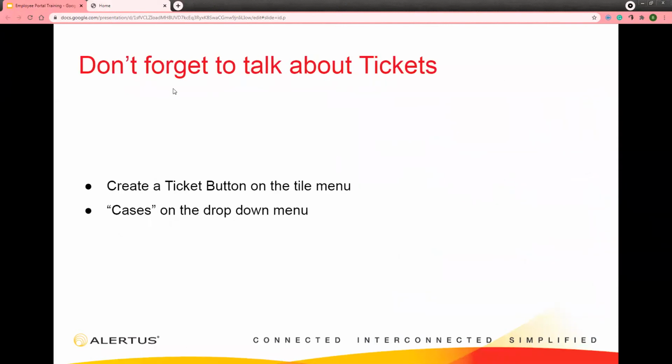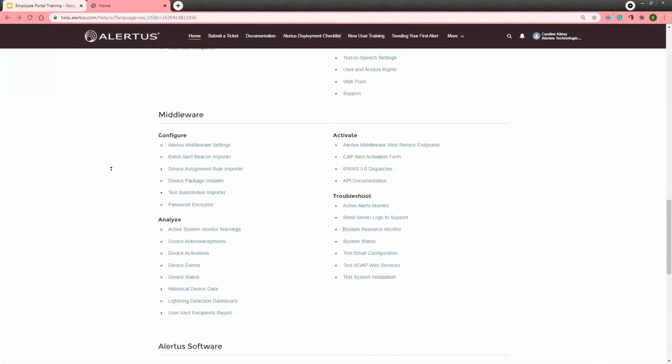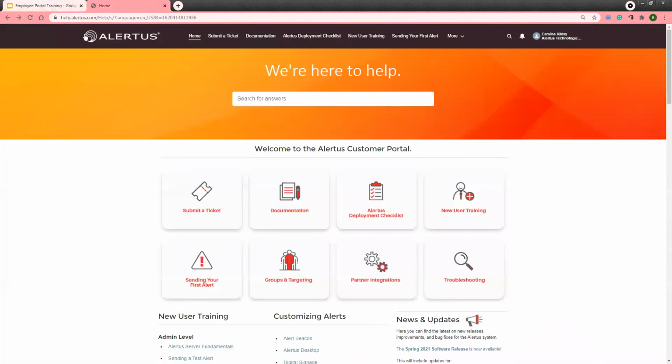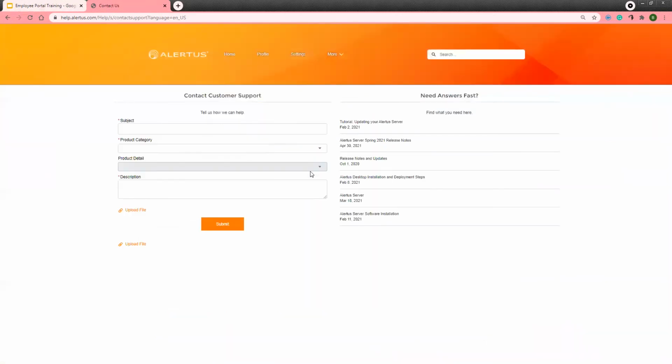Okay, thank you, presentation. I will now not forget to talk about tickets. As mentioned, this is the customer portal. We can see right here that we are logged in as the customer care line, who has a submit a ticket button. And we could, of course, click this button and submit a ticket and get tech support very frustrated with why I'm doing this for every demo. But I'm not going to, because I think you can understand that if we hit the submit button, a ticket